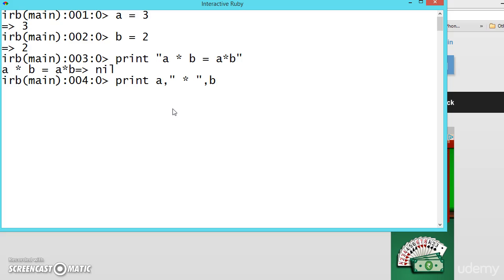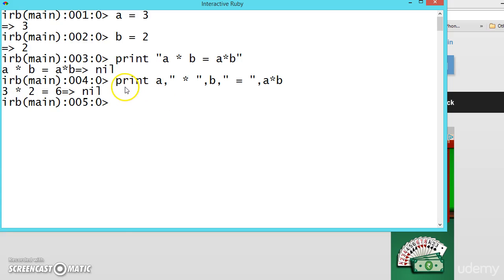Now we get the value b, and then again inside quotes the is equal to symbol, and now we get the value of a multiplied by b. So this is printing right. This we have used in our programs until now.